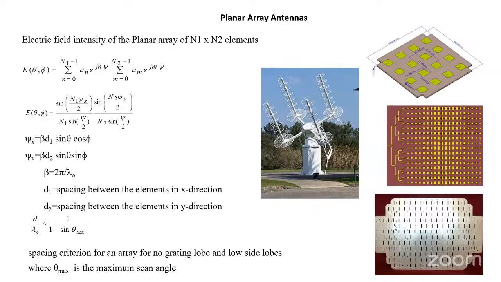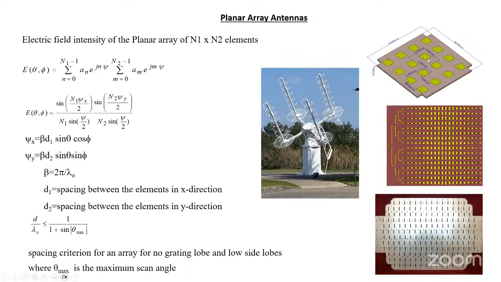If you want both planes, x and y, or both directions to narrow down, then the next approach is the planar antenna. It uses radiating elements in a rectangular, square, or circular grid, meaning you will have elements in both directions so that you get a narrow beam in all directions. These are typical planar antennas. The first one is a helical planar antenna, from a ground station, used in satellite communication.